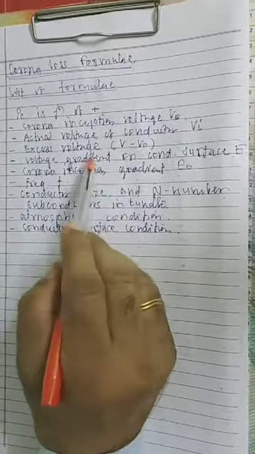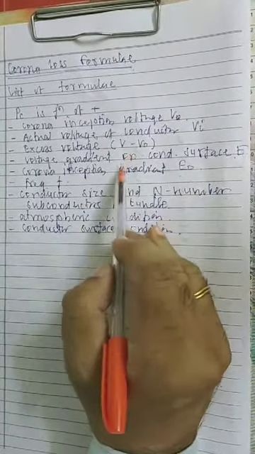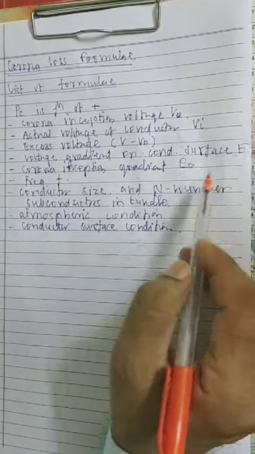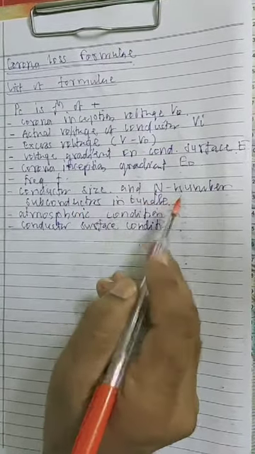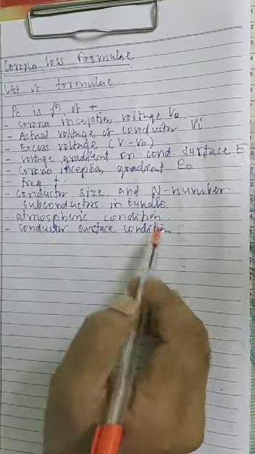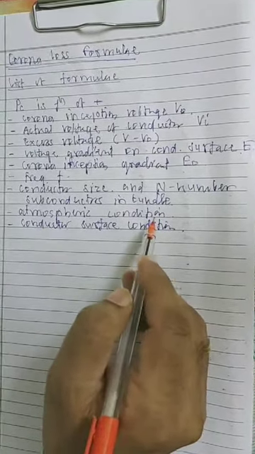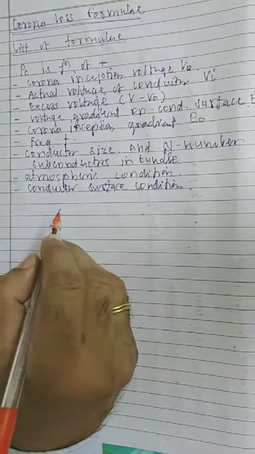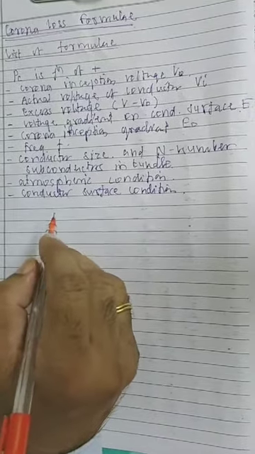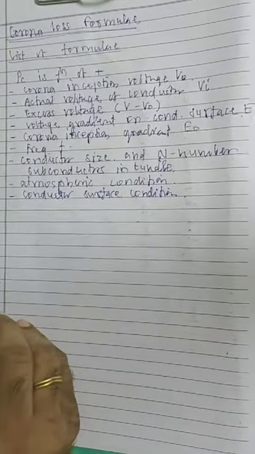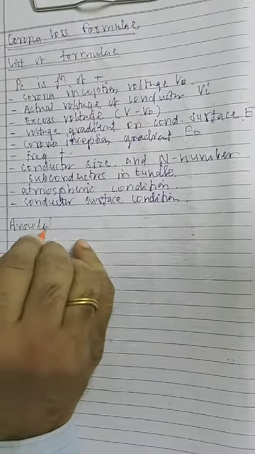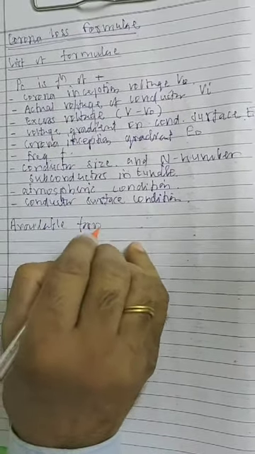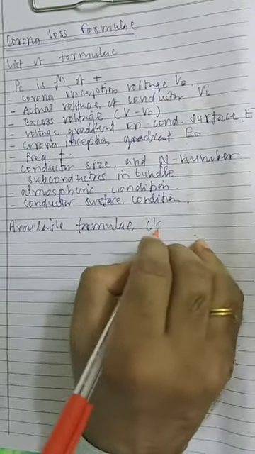corona inception voltage, actual conductor voltage, excess voltage, voltage gradient on the conductor surface, corona inception gradient voltage, frequency f, conductor size, number of subconductors in bundle, atmospheric condition, various atmospheric conditions are there. Then conductor surface condition, like smooth or rough conductor surface. Now available formulae to determine corona loss are classified as: